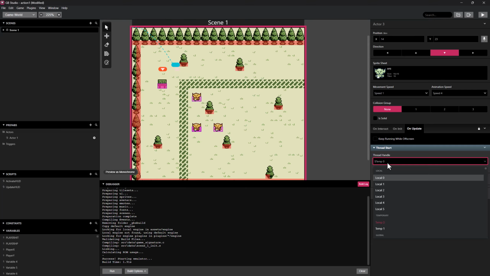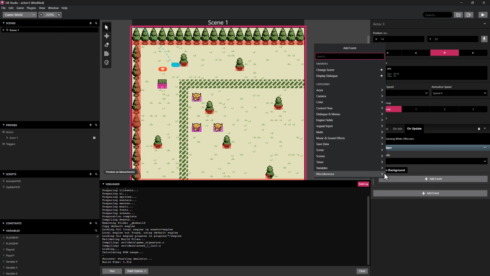And for the thread handles, there are two temporary variables. So I'm going to use both of these temporary variables. I think that should work fine for our purposes. But I think if I had more threads, I could use other variables like these local variables or something like that. But since we've already got these two temporary variables, they should be fine. The thread variable, I think, is just how GB Studio tracks what's happening in the thread, or maybe just that the thread exists. But I'm going to say temp0, add event, and I'm going to say move,